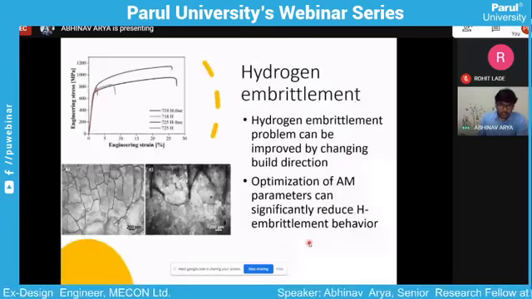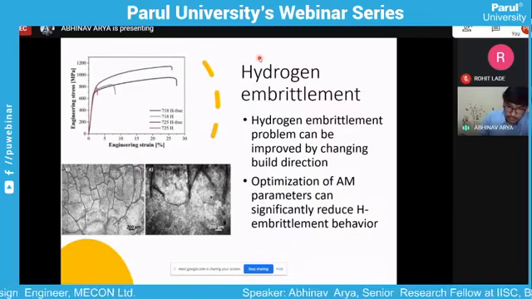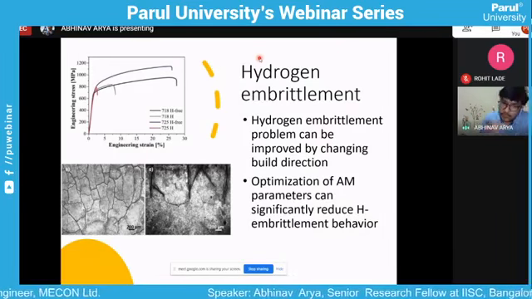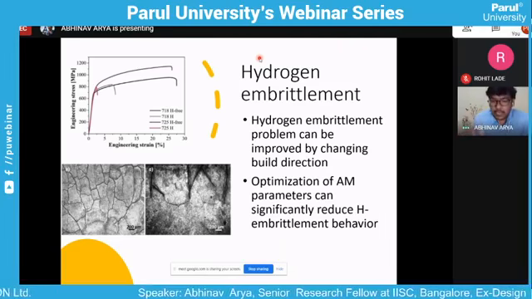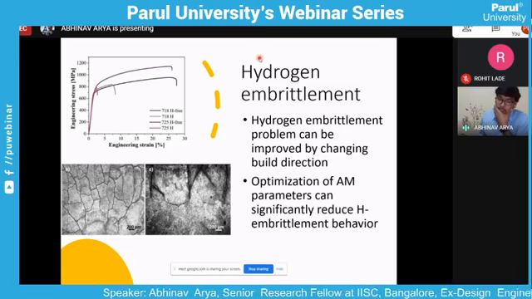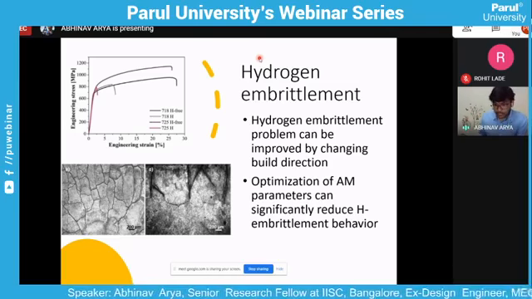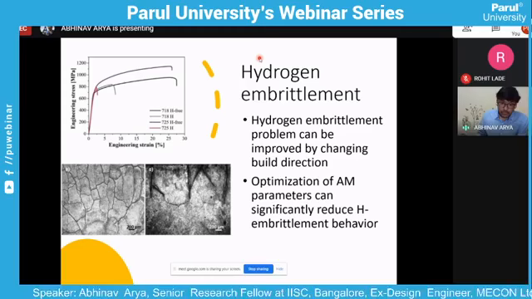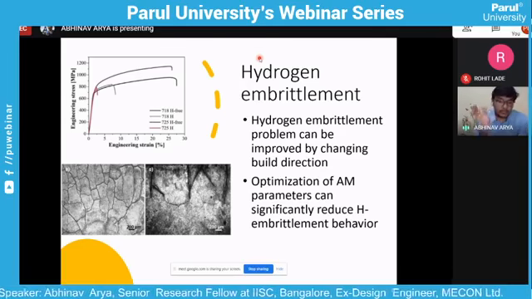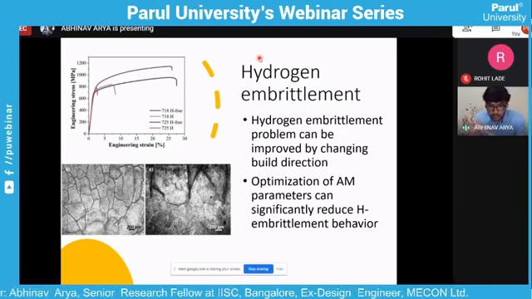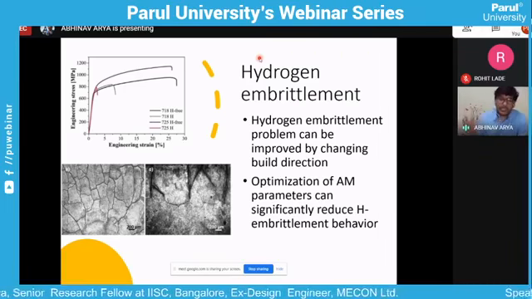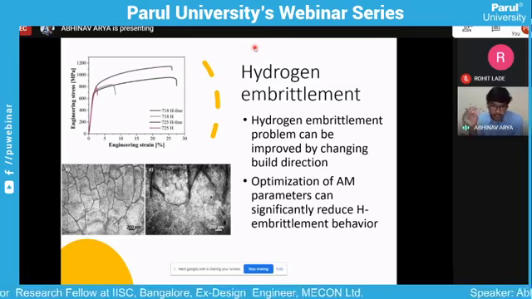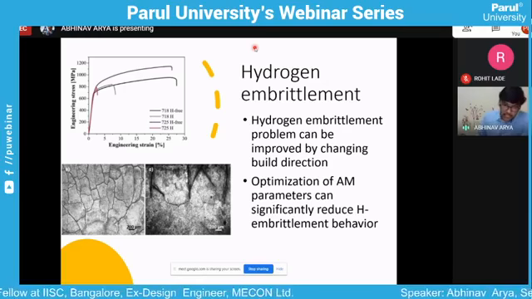So if I'm talking about hydrogen storage, it has a very potential application. Since there's a very high probability that hydrogen fuels will be very useful in the future, additive manufacturing can be used to produce storage facilities where hydrogen can be stored very easily. When we store hydrogen in any cylinder, the major problem is hydrogen embrittlement.